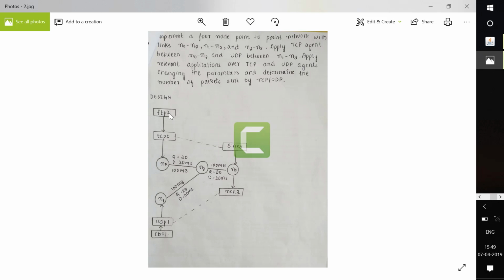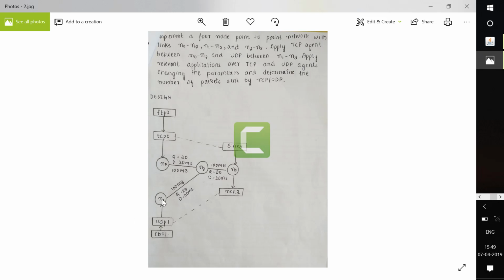Its intention is to generate packets and give them to the TCP protocol. TCP adds extra information to whatever packets are generated by FTP, which we can also call control information: source address, destination address, sequence number, and flow label.